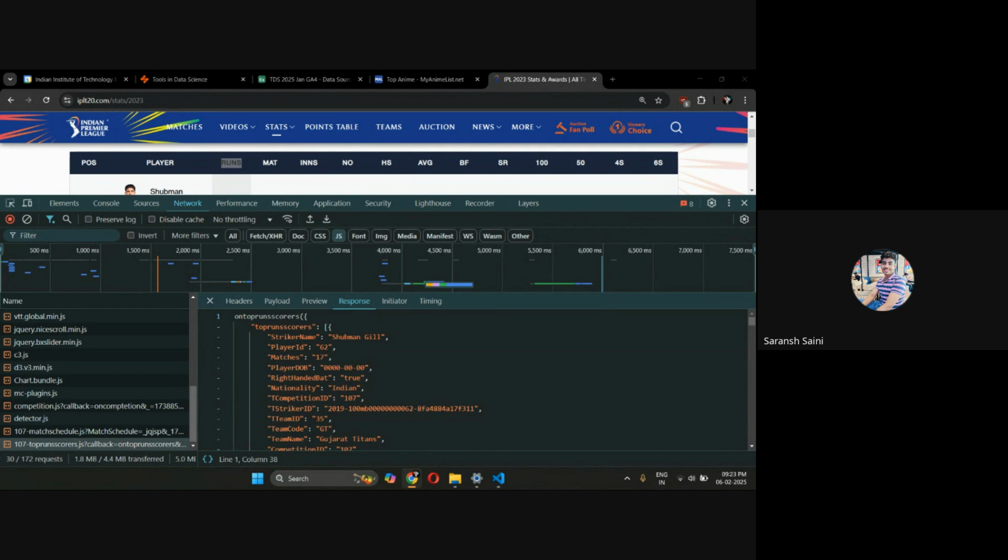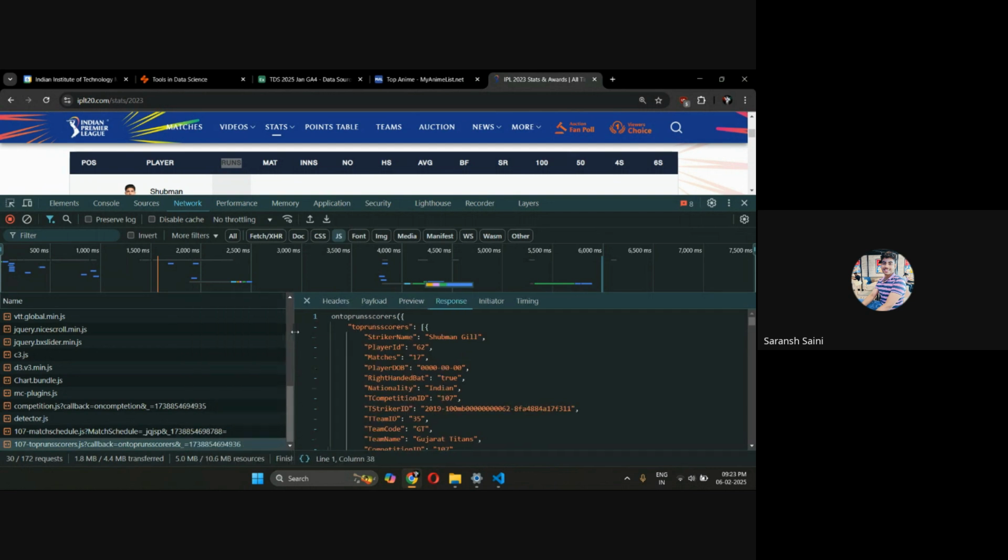Can you please repeat? Maybe we have to open all these JS files and then figure out what data is. What was the question? Can it be done in some easier way, finding this specific JSON? Actually, this is not a JSON. This is a JS file, right? So